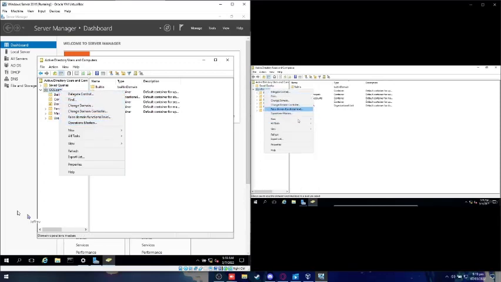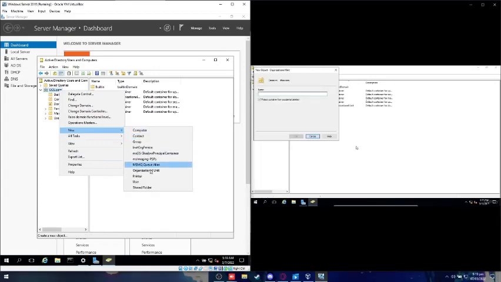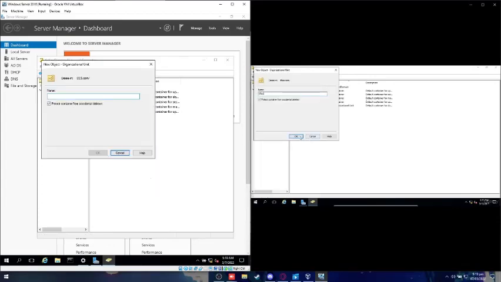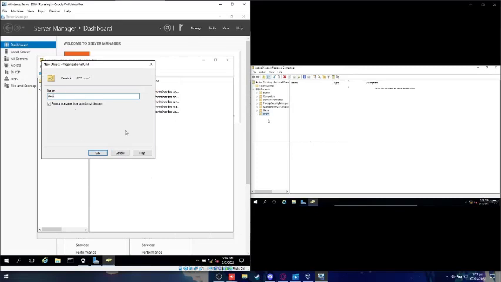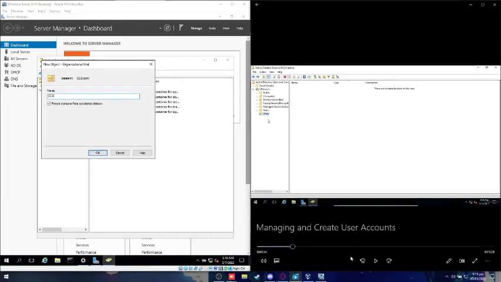So I'm going to right click on the root domain, and we're going to choose New, and we're going to choose Organizational Unit. I'm going to call this IT Fleet. We'll click OK. And then inside of this, I want to have an administrator